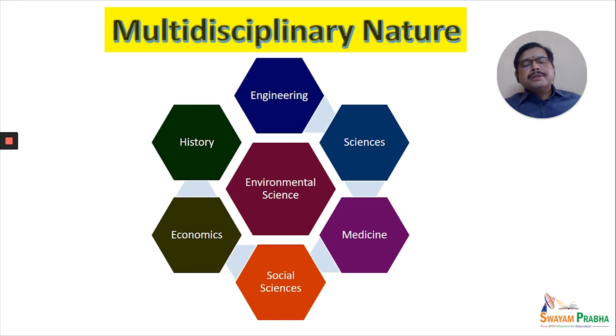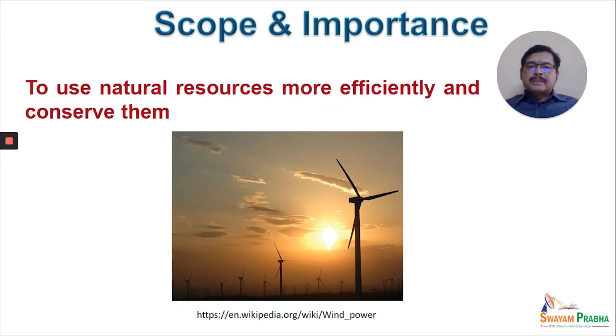And the relationship, whatever you find, is so intricate. So the question again comes to it: if it is so abundantly multidisciplinary in nature, how do we understand its scope and importance, and finally, how can we apply it for our sustainable development? That is the important question. So now let us move towards the scope and importance of the environment, thereby how we can apply it effectively.